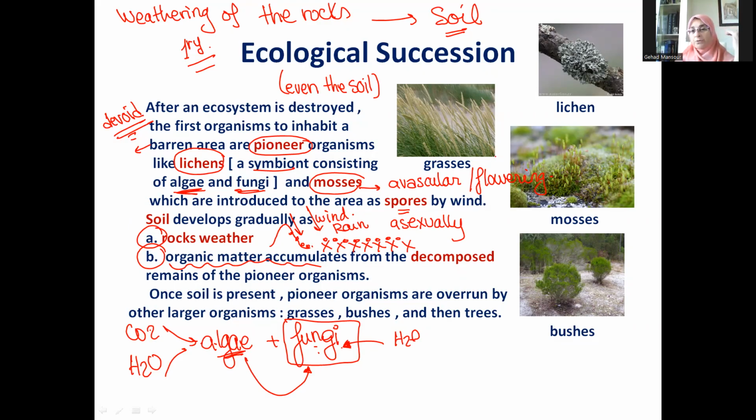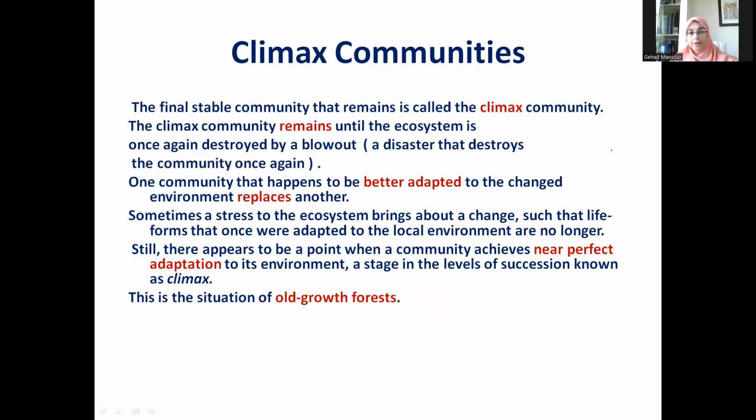soil. And when the spores of the mosses fall on this soil, they can flourish and form those small plants that are called the mosses. And afterward, gradually, the soil would become more and more fertile and rich by decomposition of further organic matter. At that time, when the soil becomes richer, we can have bigger trees and bigger plants. And then we're going to talk about what we call climax communities.